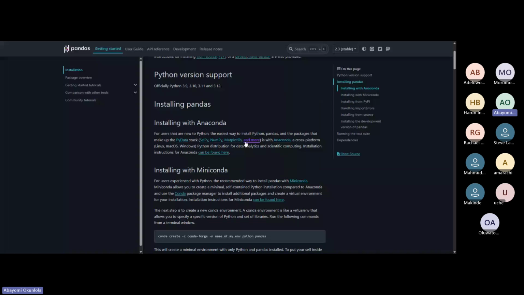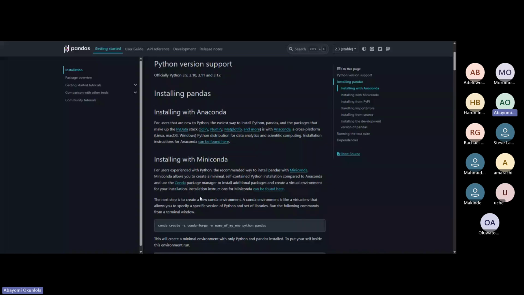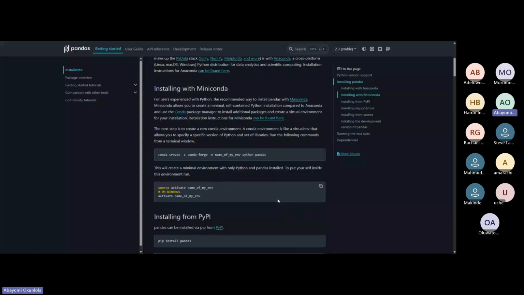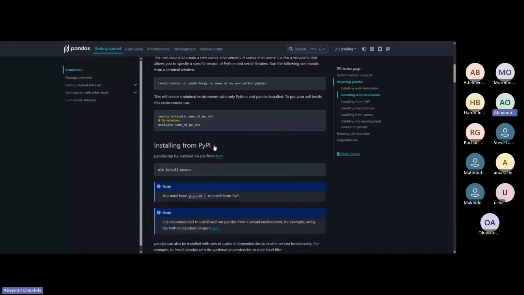If you want to install on Miniconda, you go this way: you activate your virtual environment. And if you want to install from PyPI, you do pip install pandas. However, note that your pip must be greater than or equal to version 19.3. So we'll be working with this pip install pandas.